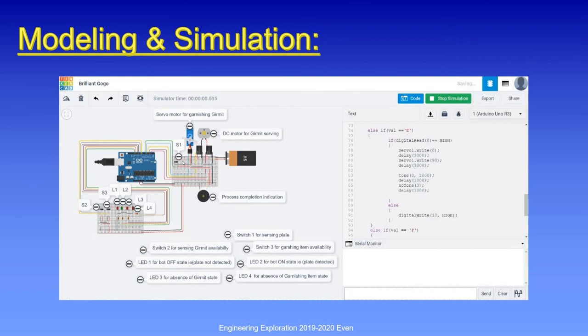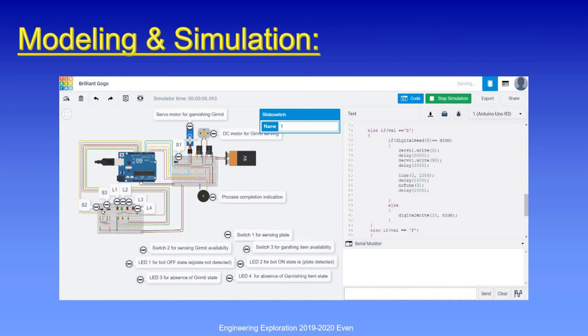Starting from switch 1, when the switch 1 is in off condition, LED 1, that is red LED, glows indicating the absence of the plate and the bot is in off condition. Now if we switch on the switch 1, the green LED glows indicating the presence of the plate and the bot is turned on.